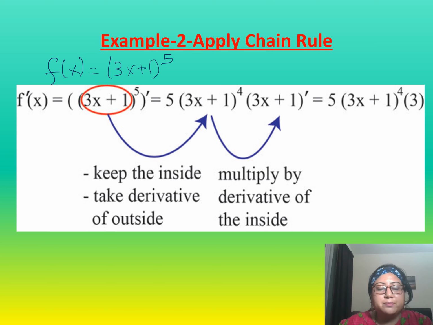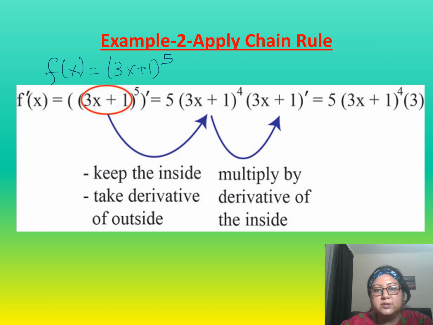And that's why, if you remember, in the beginning of the session, we recalled all the rules so that when we get a question on the chain rule, we are able to use those rules to solve the problems. Okay, so the inside function, I'm sure you're able to see, is 3x plus 1, and the outside function is the power function, which is raised to the power 5. So let's take the derivative of this composite function.